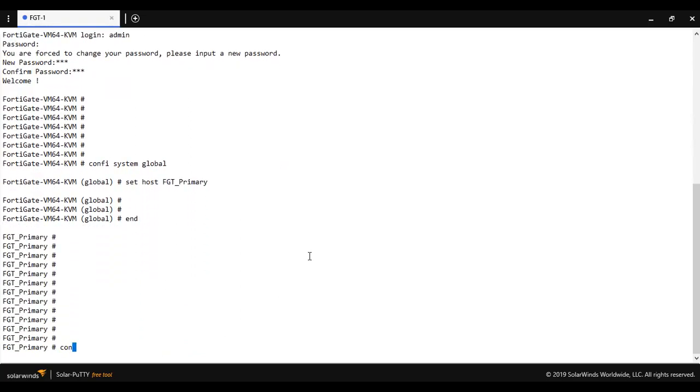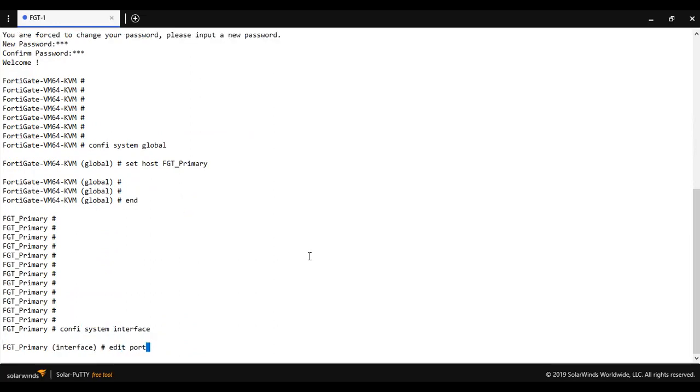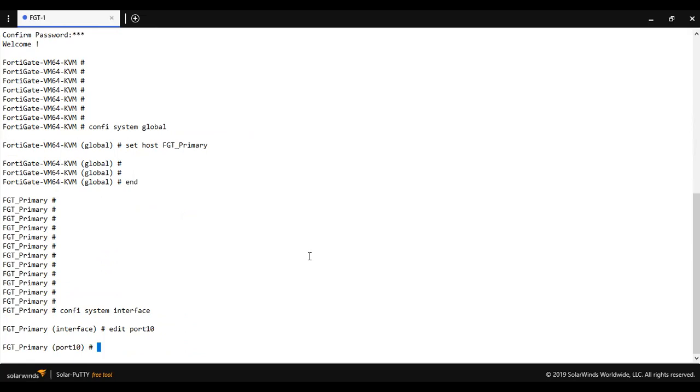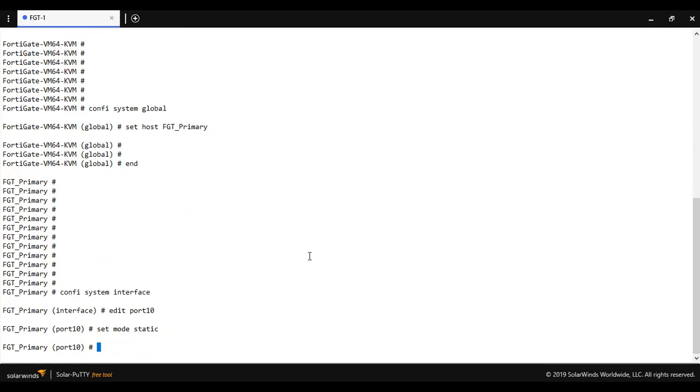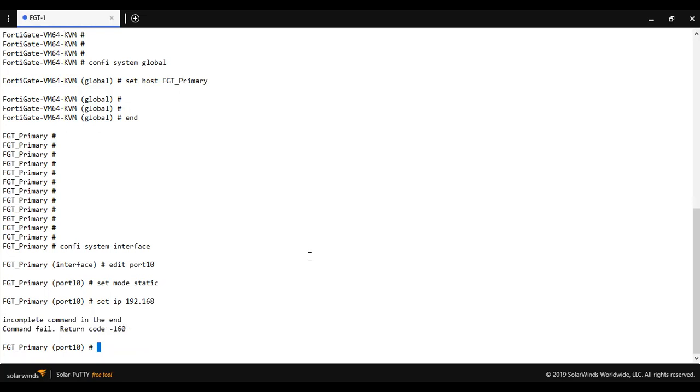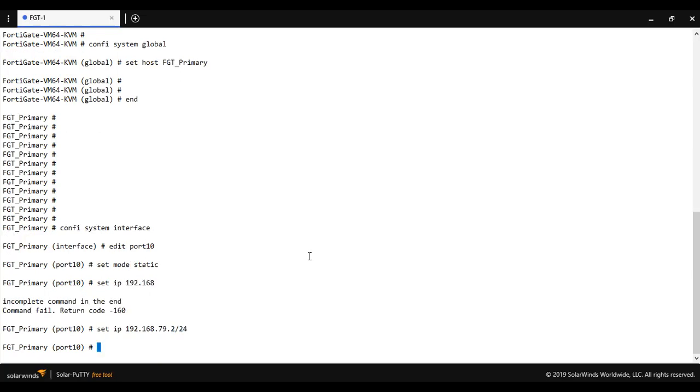Now I'm going to configure the management interface, from where I will access the FortiGate firewall. Config system interface, edit port10, which is going to be the management interface. Set mode static, set IP 192.168.79.2/24.